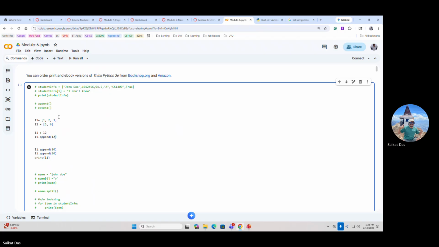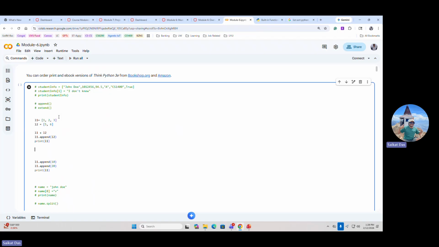L2? That makes the fourth item of L1 just a list instead of adding the list? Say again, the fourth one? Won't that make the fourth item of L1 the entirety of L2 rather than adding two items to it? Yeah, actually, it is doing the same thing that you're telling. If I print it,